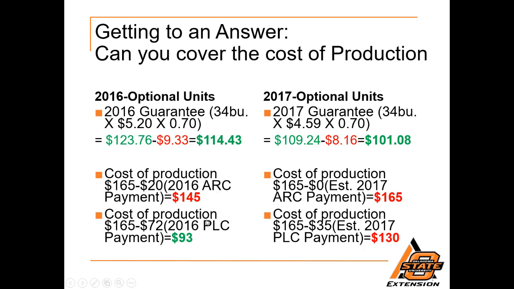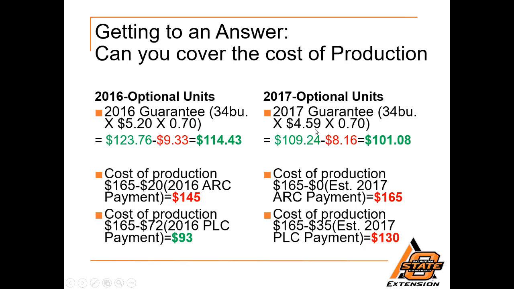So we can see here, depending on the government program that we were enrolled in, if we were in PLC, our crop insurance more than covers our variable cost of production after all of our government payments and crop insurance is taken out. But with ARC, we are not getting that covered. So the government program decision has a big influence on how our crop insurance is going to figure into our risk management decision. If we go forward a year to 2017, we have the same approved yield of 34 bushels,